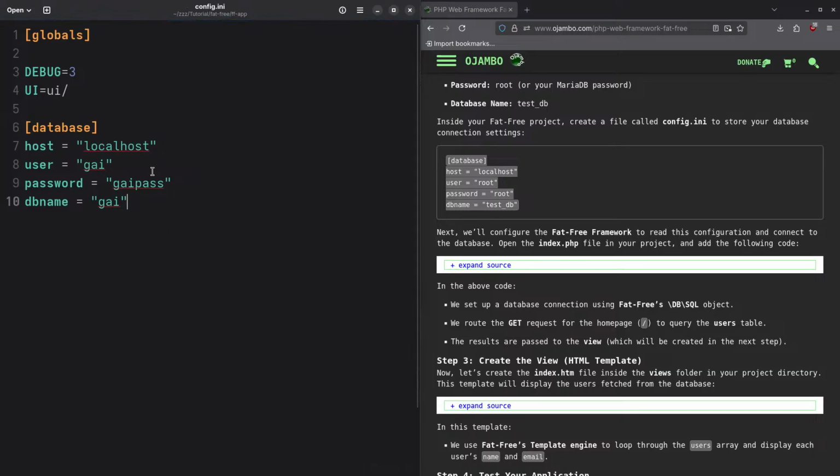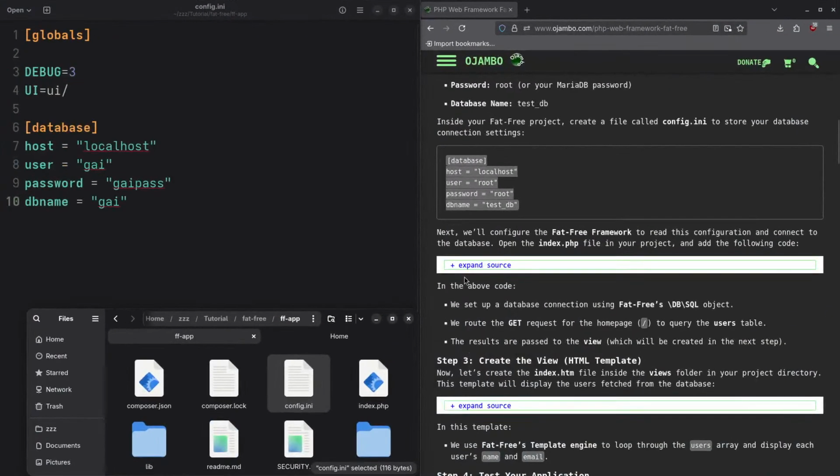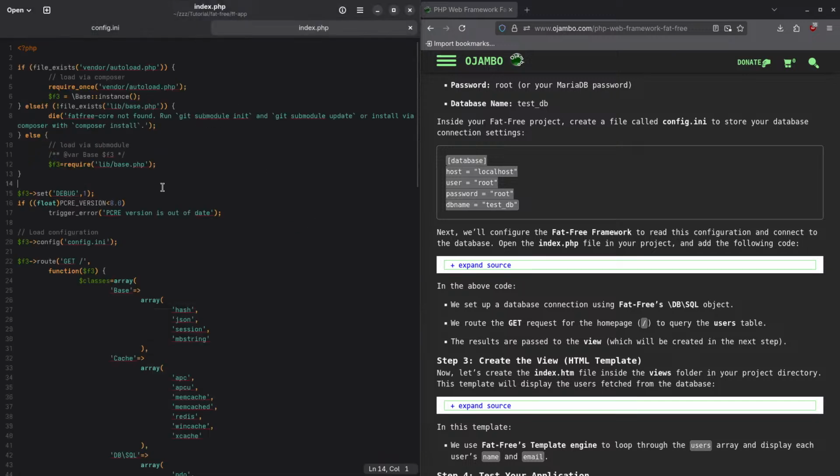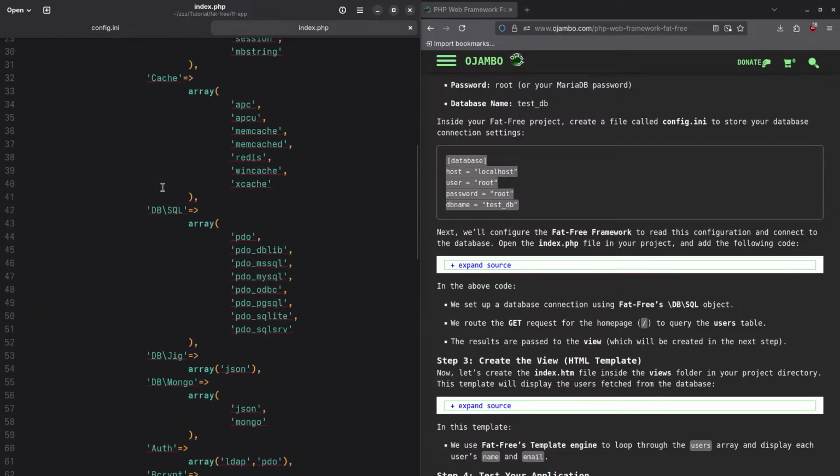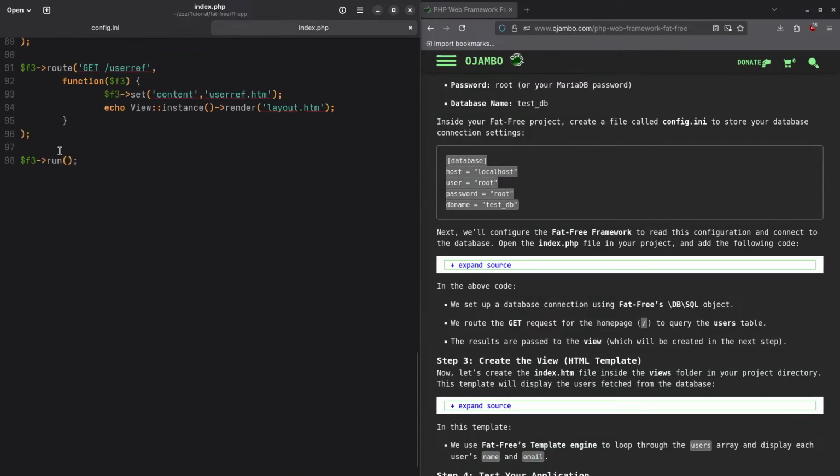So that's that. Next, we go to the index.php file, and we need to add some information. So what I'll do is look for the index.php file, this one here, and just drag it into here. I'll zoom in a little bit so you can see. I'll just go to the bottom just above where it says F3 run here, and I'll paste. You see this user ref, so this is already up and running,